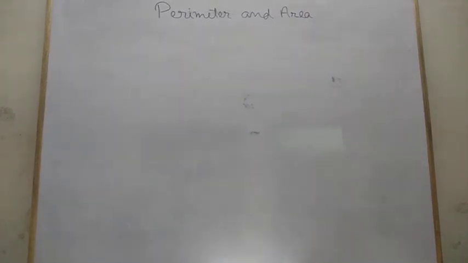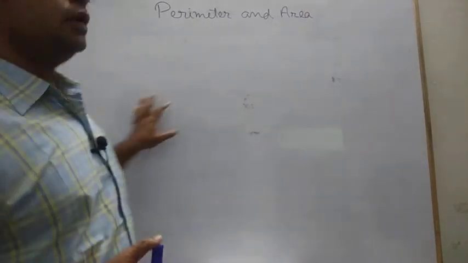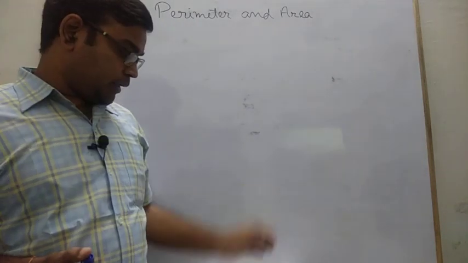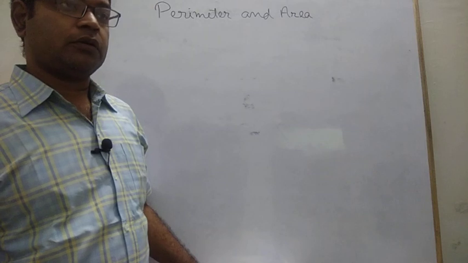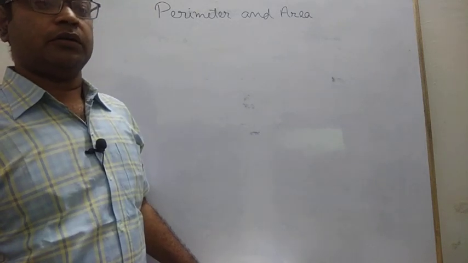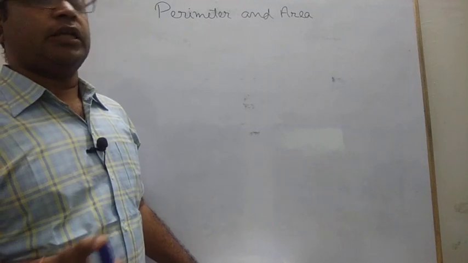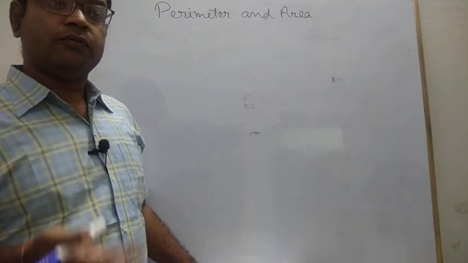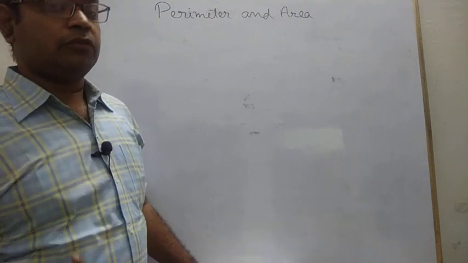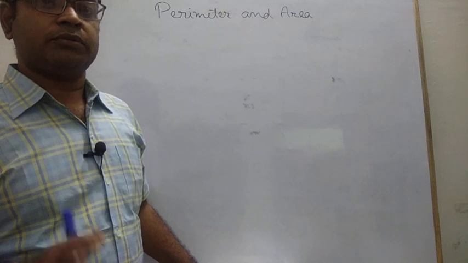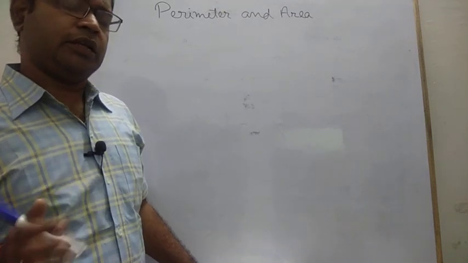In many questions, area is given to you, you have to find out the perimeter. In case of squares, or length and breadth is given to you, find out the perimeter or area, whatever it is. So you can easily find out. If it is in case of square, area is given to you, from that area find out the side and then find out the perimeter. Those questions are conceptual based questions. If your concept is clear, you can easily find out.